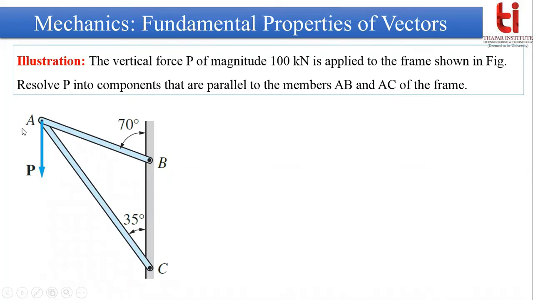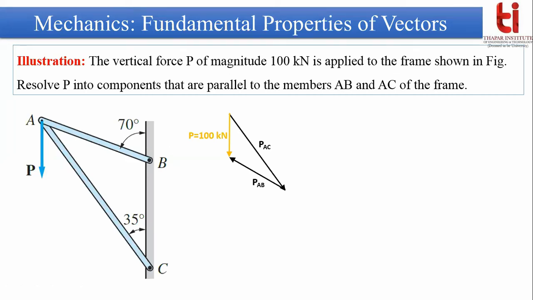So in the last lecture, we were solving this problem, and in this problem, if you solve it by using the law of triangle, then you can draw the triangle like this. For example, first of all, you can draw the P force vector in this way, and then you can draw another vector. That is, you can name it PAC. So PAC is acting along AC link, and then you will find AB force along AB link.